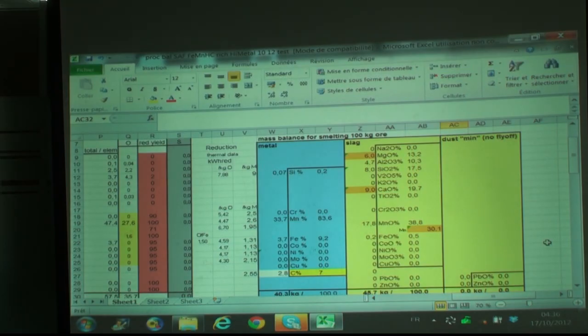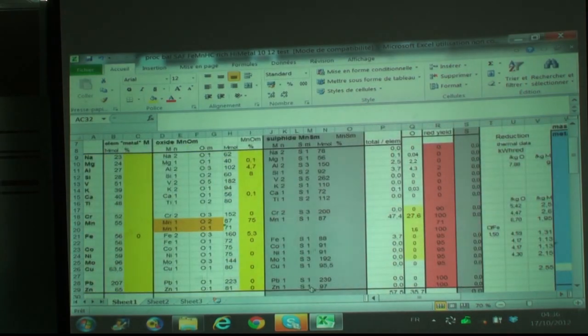Of course, we cannot predict that. If you have many very small fines, you will have some fly off. Normally 1% or 2% are sucked in the dedusting. This you cannot predict here, but what you can predict,